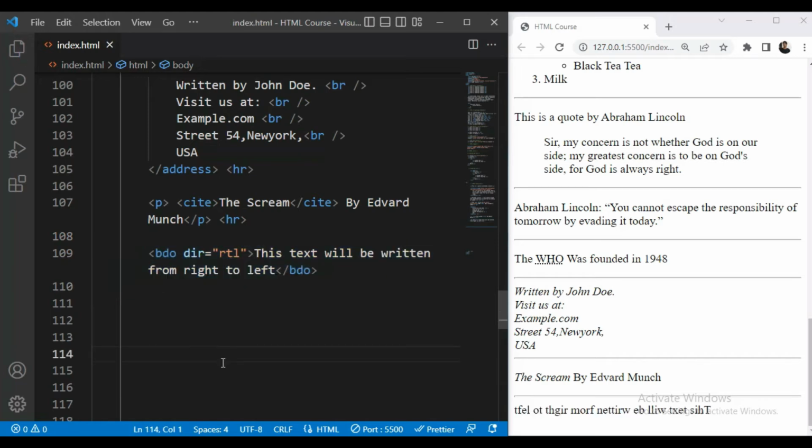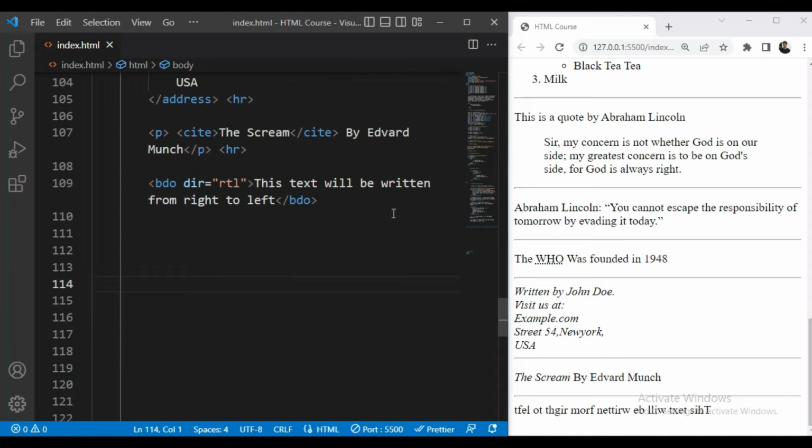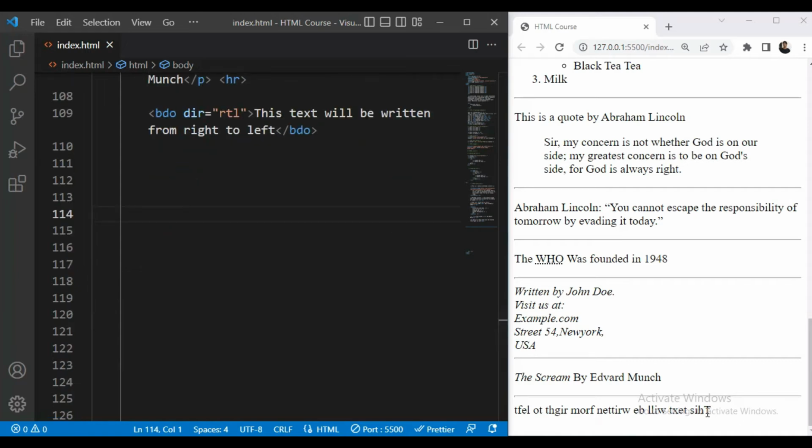Then next we will see the BDO element. The full form of BDO is bidirectional override. If you add the attribute dir, that is direction, and give it a value like RTL, that is for right, then the text will start from right to left. Here we have written this text will be written from right to left.